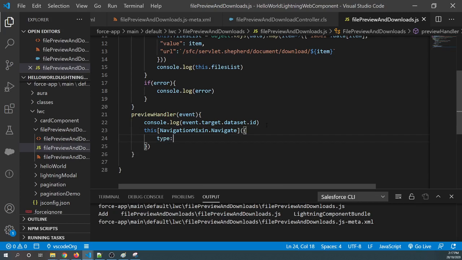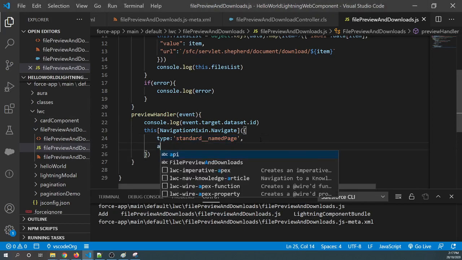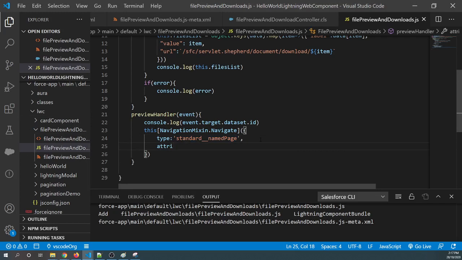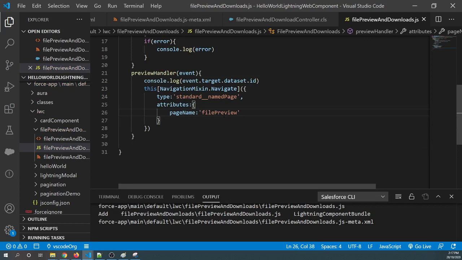First we need to tell what type of navigation it is, so we'll say standard__namedPage. So we define the type. After this we need to define the attributes that tell your page name. So we'll define our page name as filePreview. This is a standard name for showing your file preview. So this is our page name and we are using the standard named page navigation.